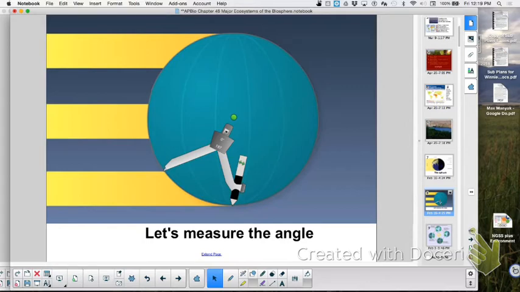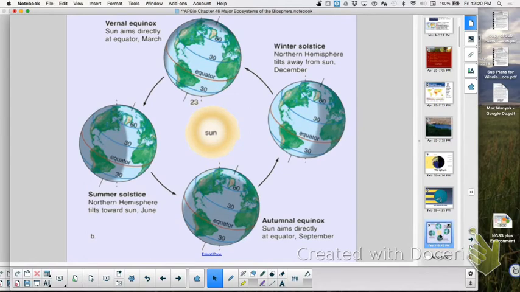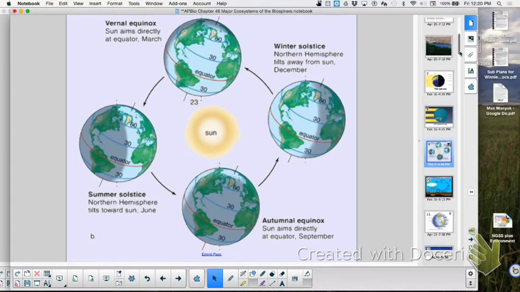Then the other thing is we have seasons, and that's due to the what? Tilt of the Earth. Good. Sometimes we're tilted towards, sometimes we're tilted away. So that's going to affect things like temperature, right? And then the other issue we have is rainfall. Can temperature affect rainfall? Yeah, because of bodies of water, and how much of the Earth is water?